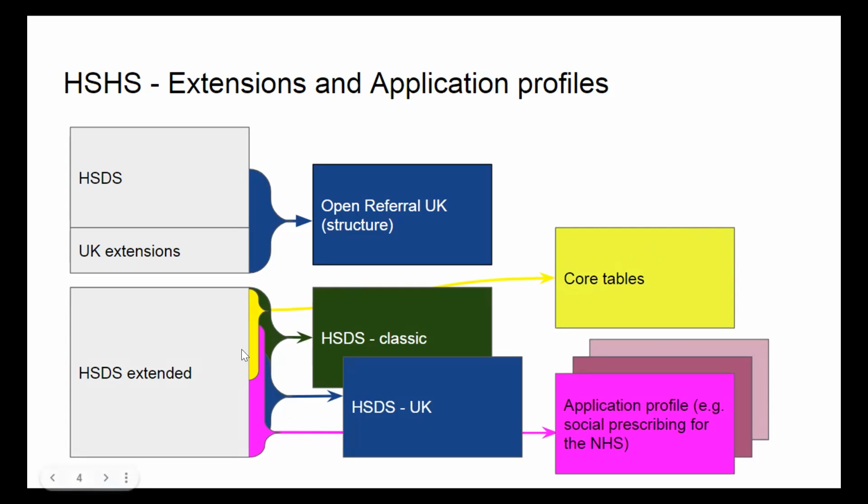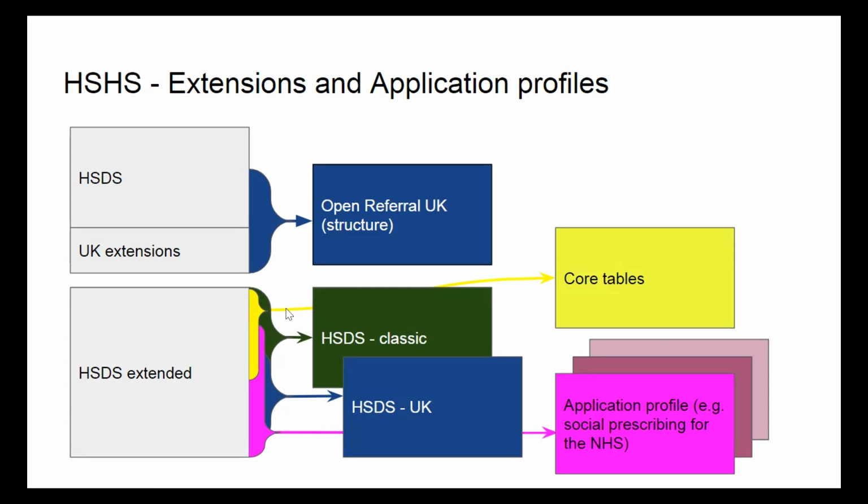So what Rob was describing is how we get from this big one to these little ones, what sits behind these arrows. And there are various ways of doing that. But just as James was saying that all the resources we've got in HSDS are machine generated, like the entity relation diagram is machine generated, the documentation is machine generated, the SQL script to create the database in various languages is machine generated. Likewise, we want these application profiles to be machine generated such that there's no ambiguity as to